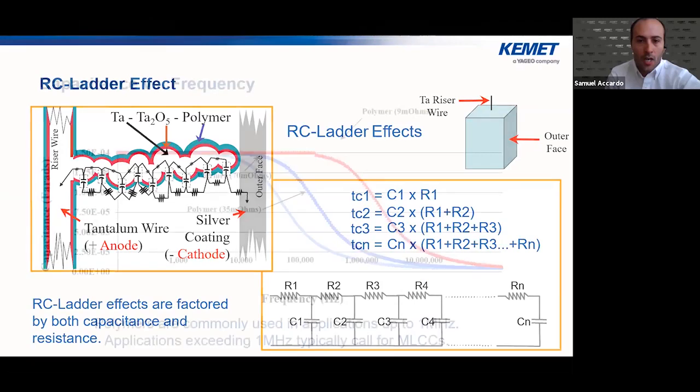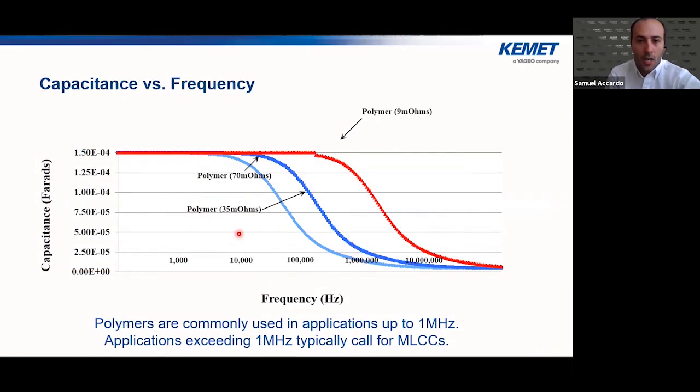And we could actually see that on this next slide, where we have 3 different types of similar polymer capacitors with different ESRs. So we have 35 milliohms, 70 milliohms, and 9 milliohms. And what we see is as frequency begins to increase, and due to the RC ladder effect, that capacitance starts to roll off, and then it starts to roll off very, very quickly. So within a very short frequency range, you could be